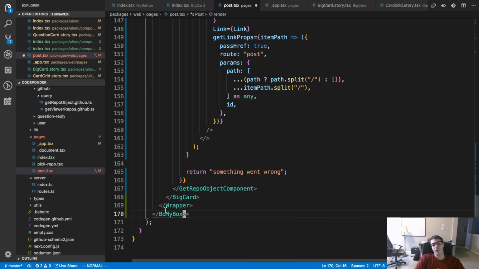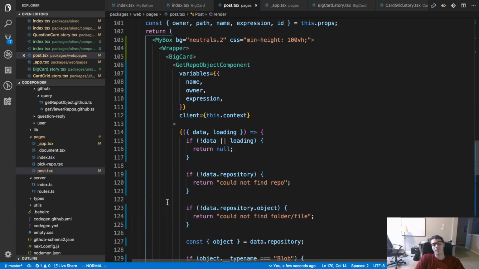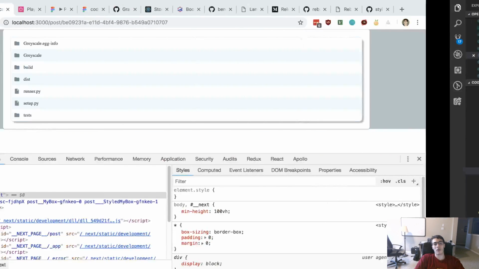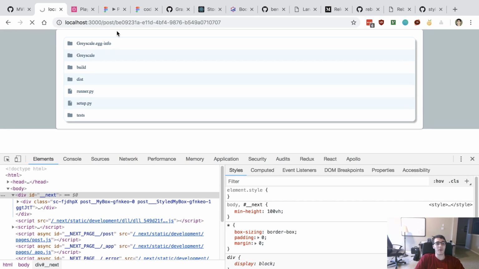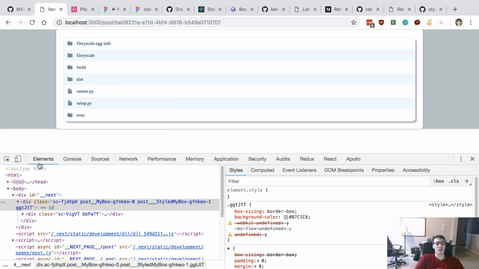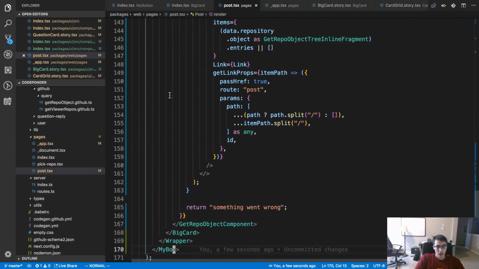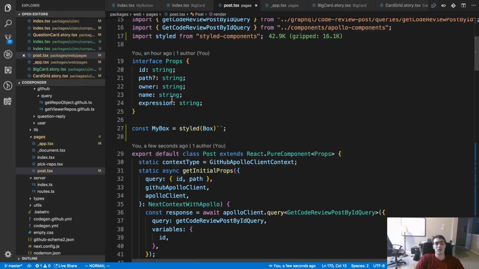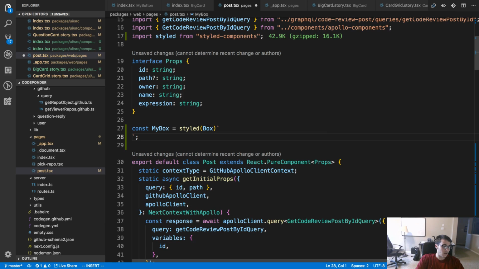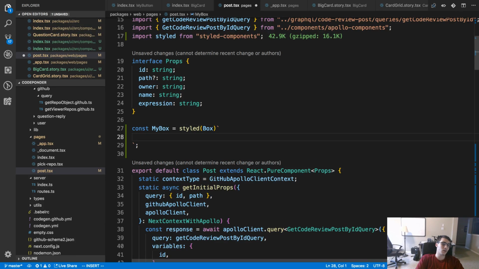Gotcha. Okay. See if that made a difference. Nope, we're still getting undefined. Yeah, I think I like having the name be box here as well. Well, I don't know if I do or not, because if I want VS Code to autocomplete, maybe I want a different name so it picks it up faster.